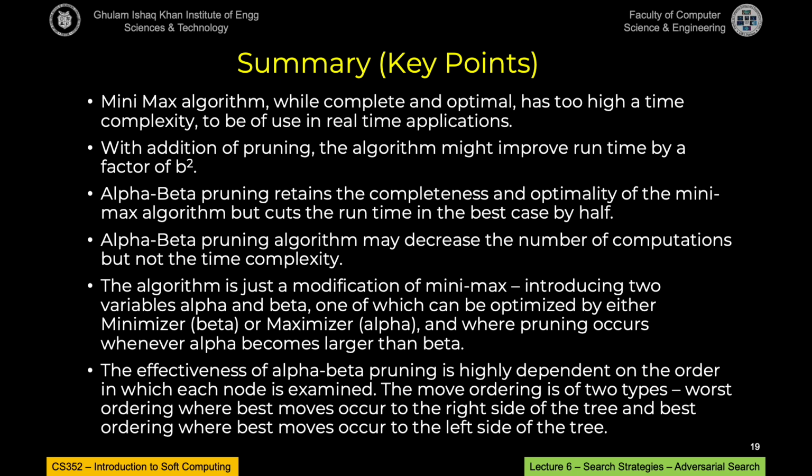एल्गोरिथम बड़ा सिंपल सा है। अगर हम एल्गोरिथम की बात करें तो उसमें मिनीमैक्स से फ़र्क है। ये मिनीमैक्स की मॉडिफाइड फॉर्म है। ठीक है, इसमें दो वेरिएबल्स और इंट्रोड्यूस करवा दी गई हैं, अल्फ़ा और बीटा के नाम से। बीटा को ऑप्टिमाइज़ कर रहा है मिनिमाइज़र, अल्फ़ा को ऑप्टिमाइज़ कर रहा है मैक्सिमाइज़र। और प्रूनिंग तब होगी जब भी अल्फ़ा बीटा से बड़ा हो जाएगा।